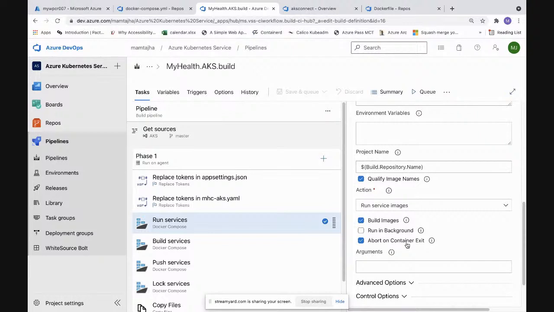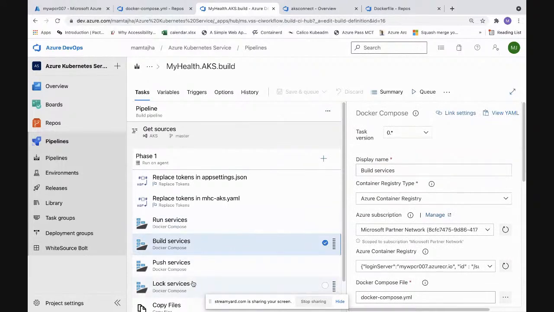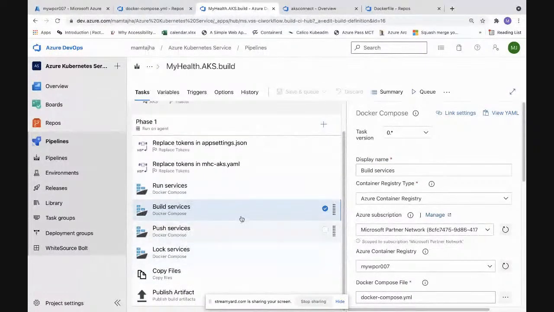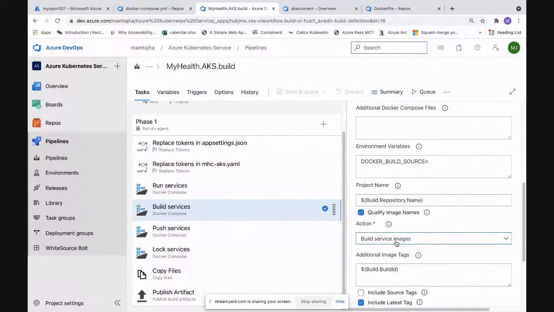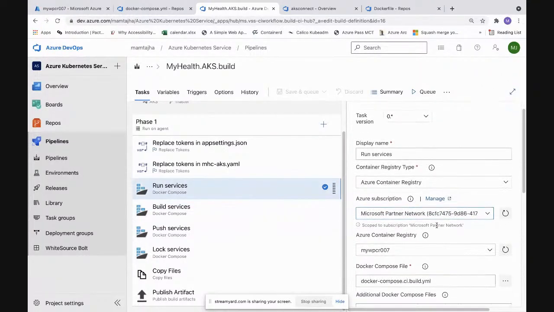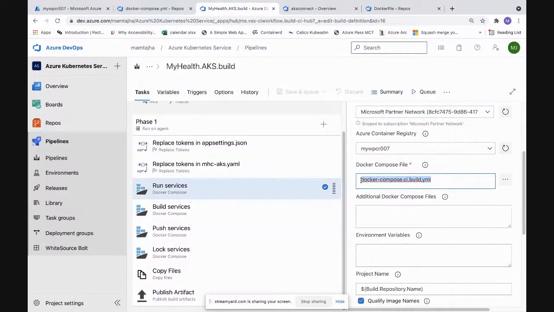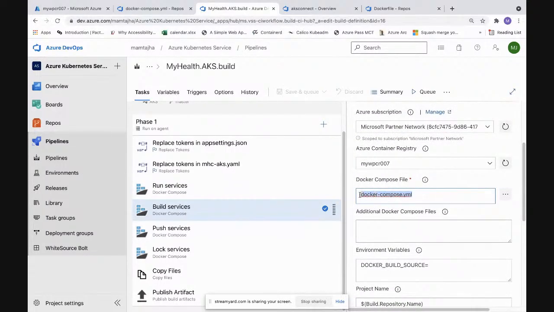So there were two stages. One was the building of our application in which the CI build Docker Compose YAML was used. The second one, all these four tasks are similar. It's just that the action which we are doing, that we are changing here. In the first two tasks, both are exactly similar. Here I'm choosing my CI build.yaml, and here I'm choosing my Docker Compose.yaml.